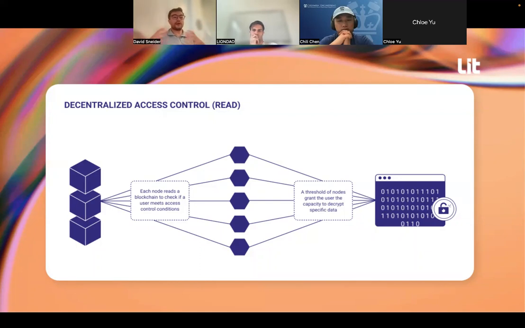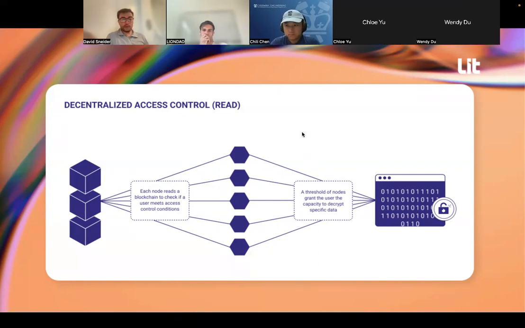And once he collects a threshold of those shares, which in the case of this network is 2/3, Bob is able to decrypt that initial symmetric encryption key that Alice encrypted, pull that data down from IPFS, and decrypt that. And all of a sudden we have a mechanism for validating some identity, in this case being a member of Lion DAO, and then provisioning a decryption key to that user.